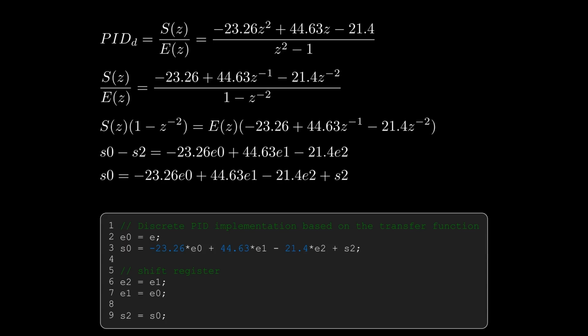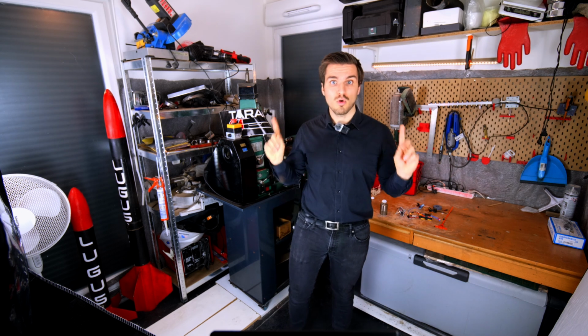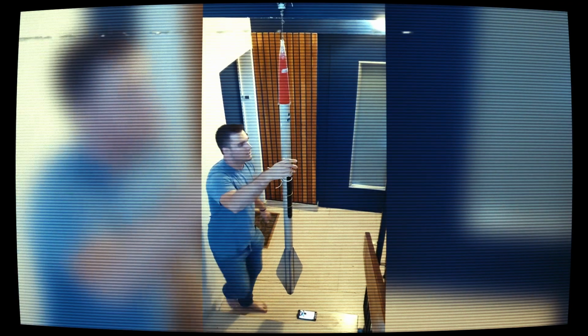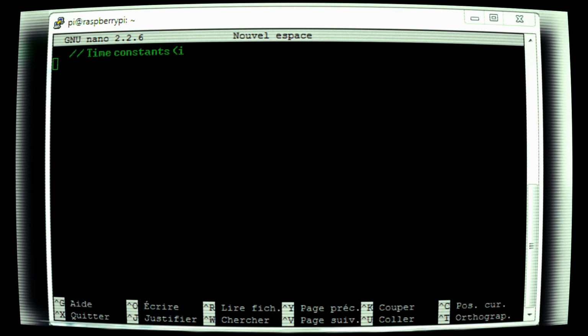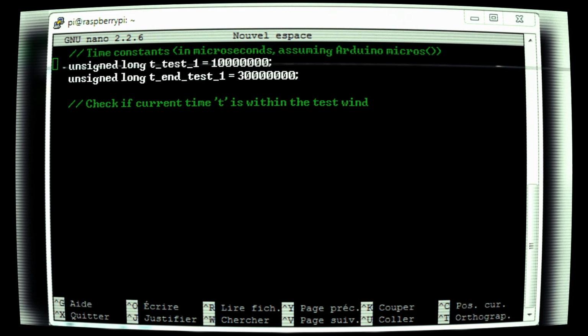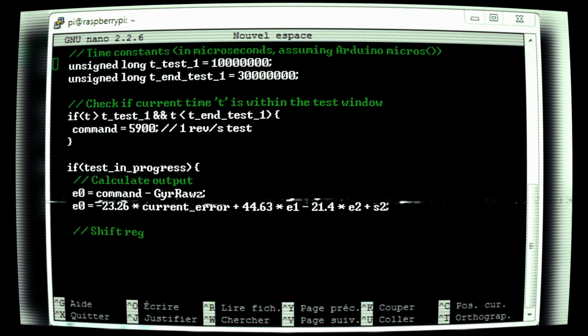So even if the function looks different, if you follow the steps I've displayed on the screen, everything should go well. Now we can finally code our regulator directly in the TNZ. And we will also be able to do our first test. So we install the rocket. We turn it on and set it in rotation. In the code, we ask it to do nothing for 30 seconds and then to stabilize to a rotation speed